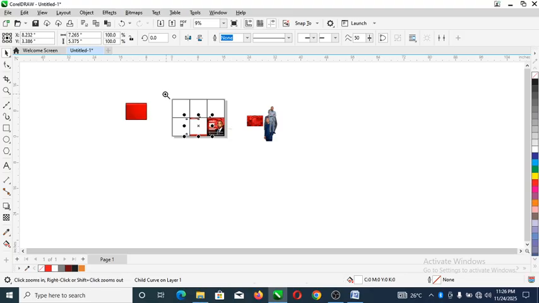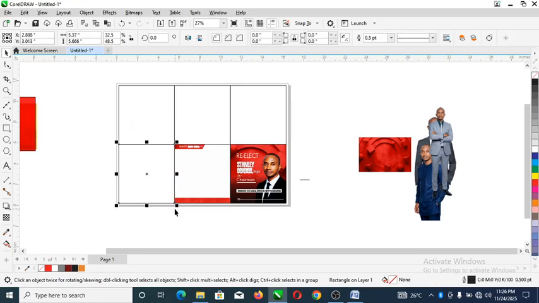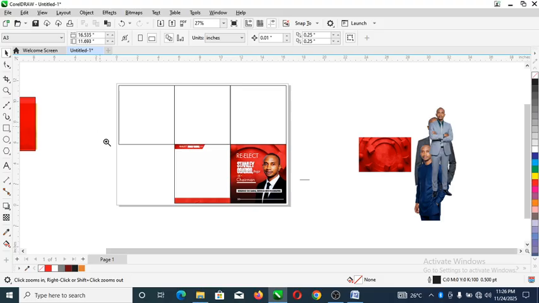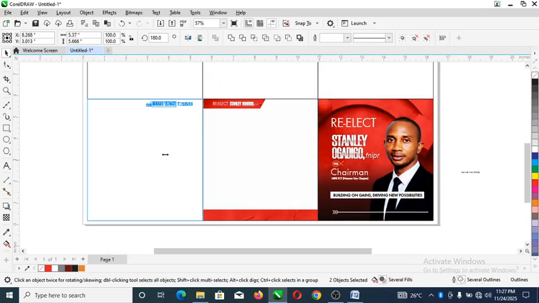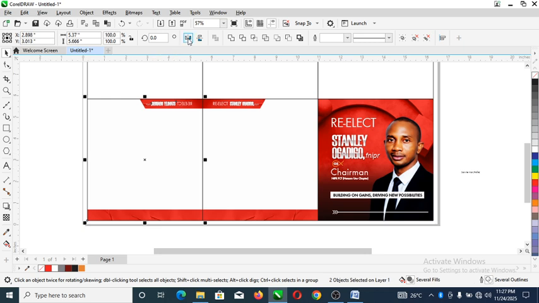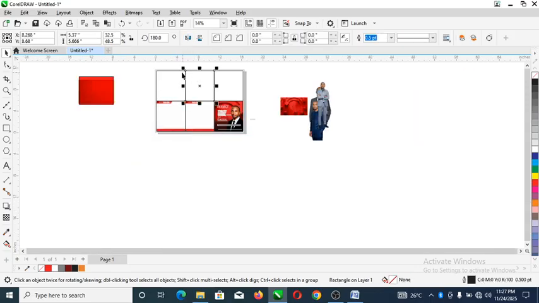Good. So what we're actually going to be doing in essence right now is to make a duplicate of all of this. So let's delete this, go on zoom up. So let's make a copy of this to the other side, then mirror it back by hitting on mirror horizontally. There you have it. Good. So let's delete this,